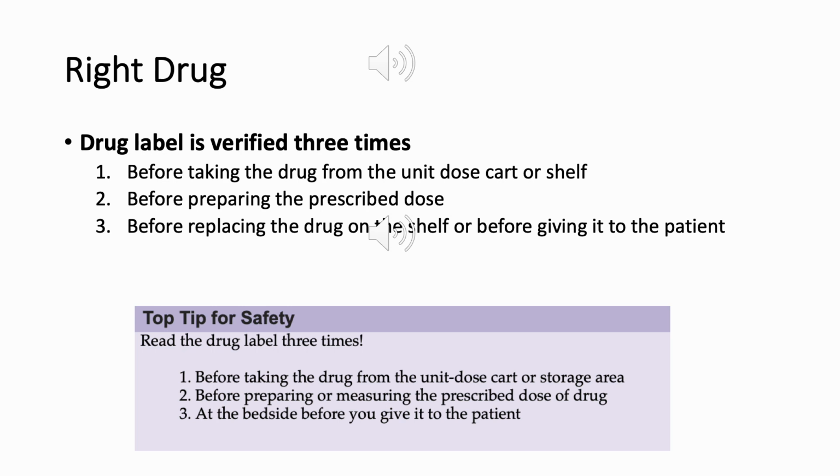Many drugs have names that look or sound almost the same as the names of other drugs. These are sometimes called look-alike, sound-alike drugs. The Institute for Safe Medication Practices, the ISMP, has published a list of easily confused drug names. The U.S. Food and Drug Administration and ISMP also recommend the tall man lettering system to reduce confusion for look-alike